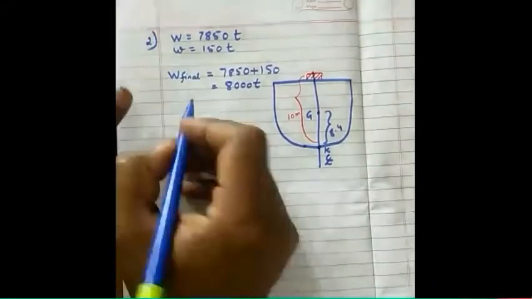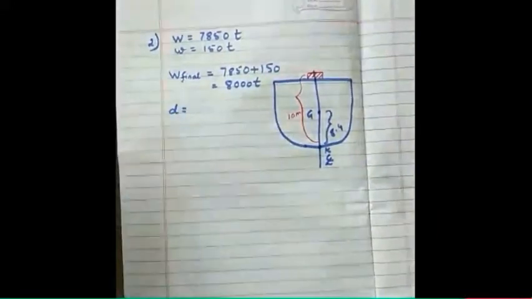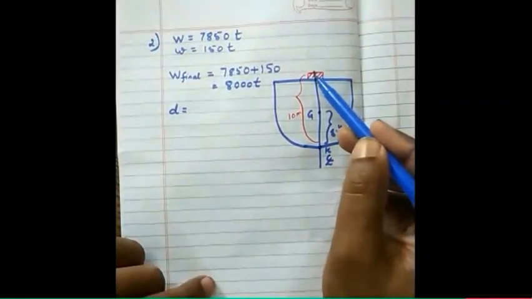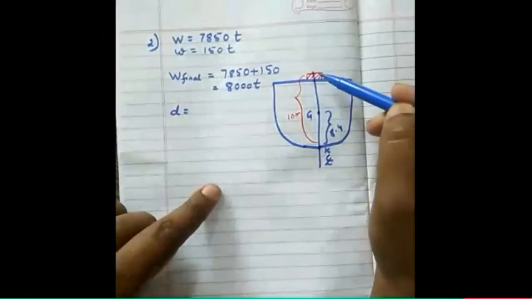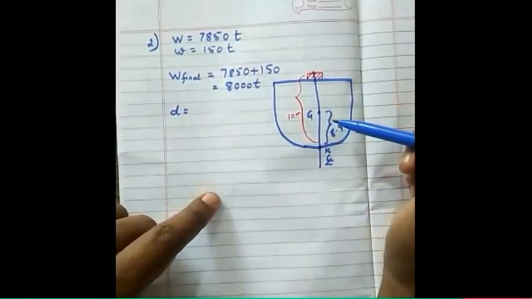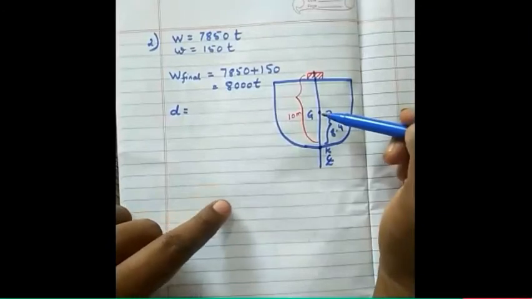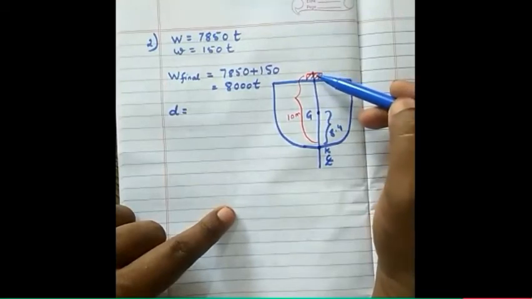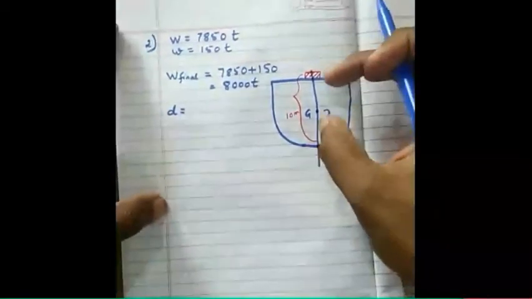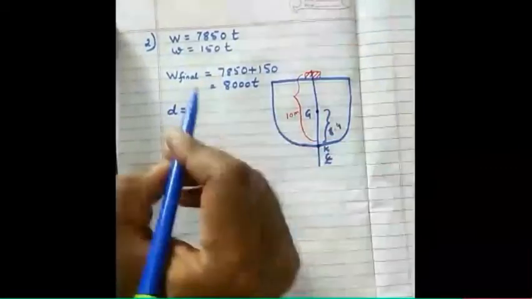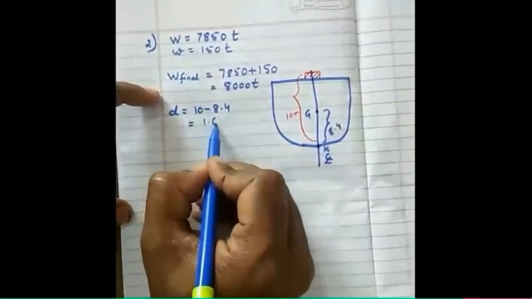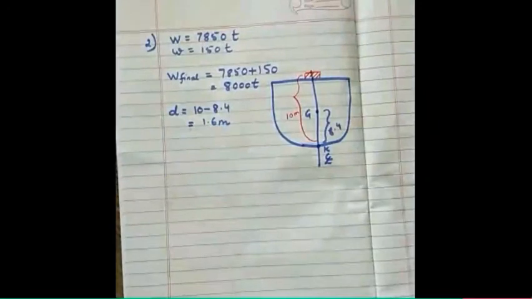Now you tell me what can be the distance. Whenever there is adding or discharging the weight, distance is the distance between the center of gravity of the ship to the center of gravity of the object. Now what is this distance? Understood what I'm talking? For adding or discharging, distance is the distance between the center of gravity of the ship to the center of gravity of the object. So if I want only this distance, it is total minus this. So 10 minus 8.4, 1.6 meter. So distance I got, W I know, small w I know, so I can find.